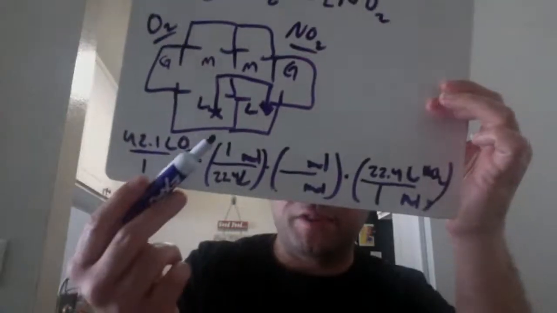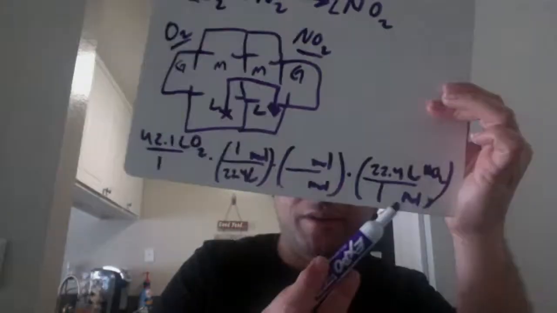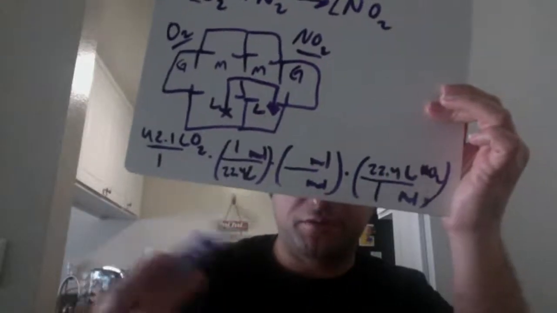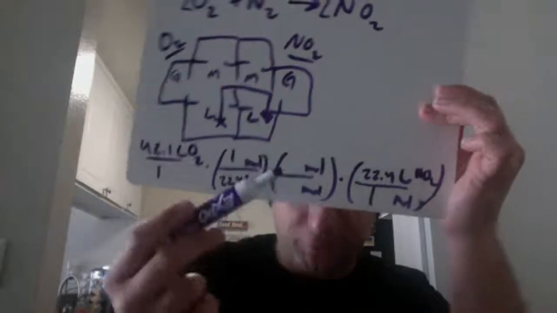Right, so just moles on the top, so it's just 1. Just moles on the bottom, so that's just 1. I have 22.4 because that's liters, 22.4 here because that's liters. And then when you have moles over moles, that's when you use the coefficients. All right, so the bottom one